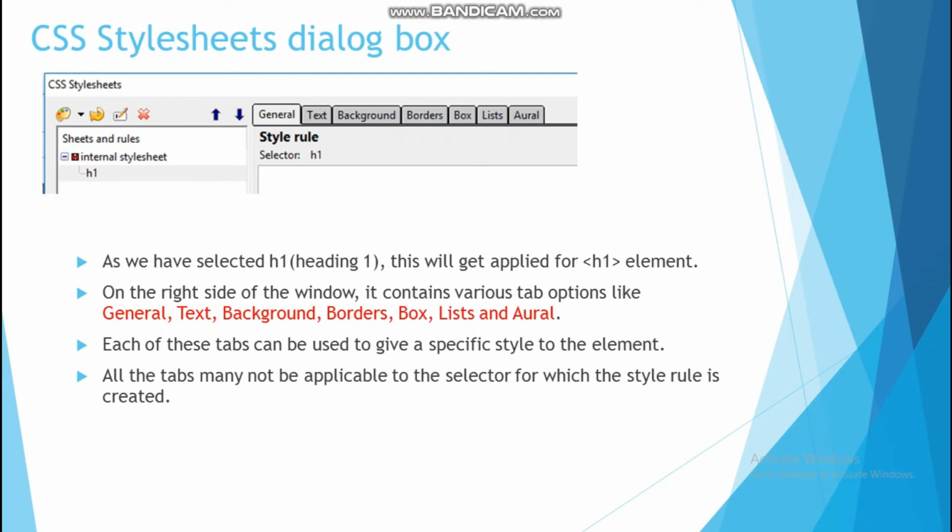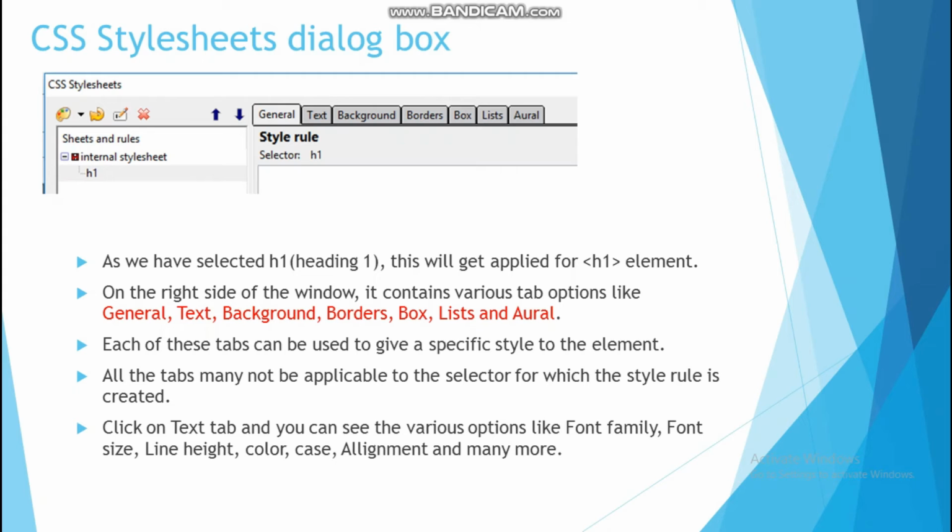So if you have selected any different tag, then all these tabs are not applicable. So suppose if you have selected the img tag to create an image, then the text option is useless here.